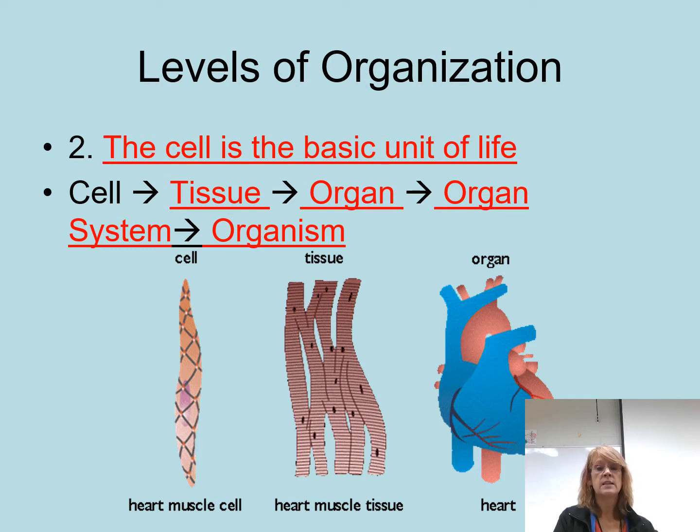Keep in mind, unicellular organisms are just cells. Only multicellular organisms can be tissues, organs, and organ systems to make what we call an organism. Unicellular creatures like an amoeba or a bacteria are still organisms. We just tend to use the term organism when we talk about a multicellular creature. But cells are your basic unit of life.